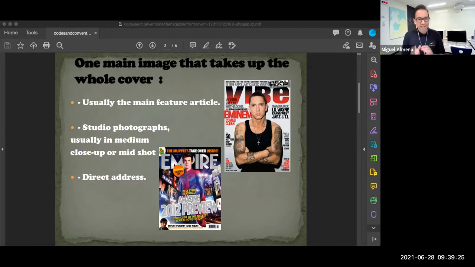And that central image is pretty much the main article, right? Or typically the main article. It's a photograph, it's a Photoshop collage. It is some type of image that's been modified or not modified. It could be a raw photograph that's just well taken, right? But usually it's in some type of close-up, full body, or mid shot, which goes back to the 70 years